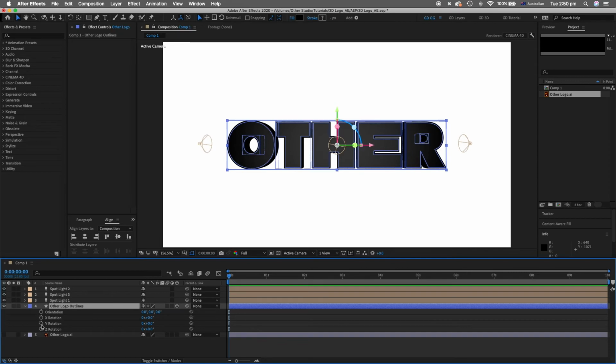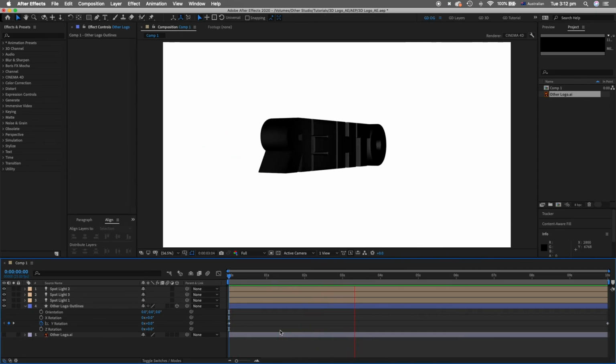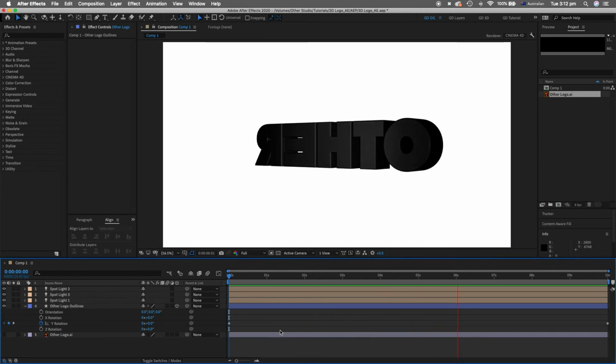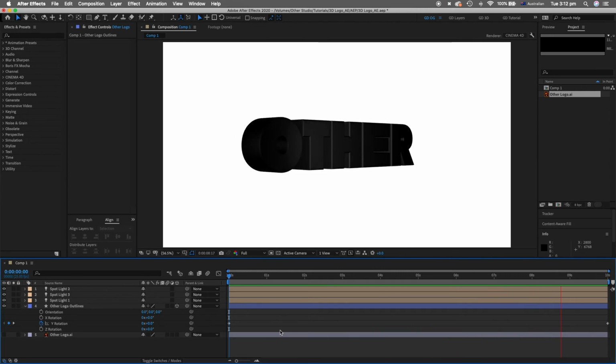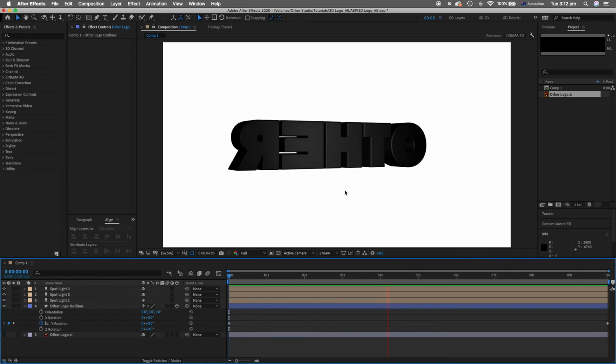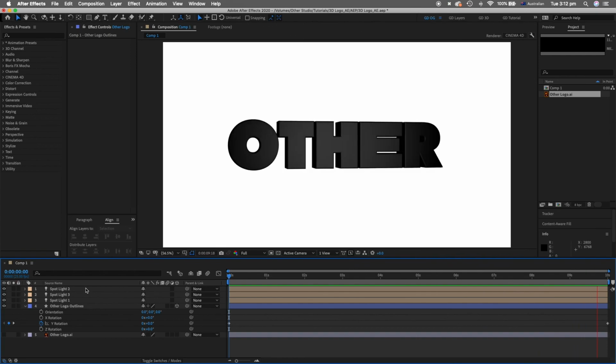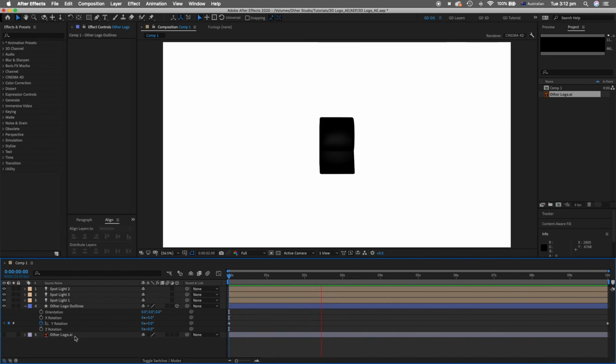Okay, so let's set a Y rotation keyframe here, and let's come all the way to the end of our timeline. And what we're going to do is just go with one full rotation. So let's hit 1 there, and let's see how that looks. And that's looking really cool. You can see that as the logo faces the front where all the lights are, it's getting pretty lit up. The material's a little bit lighter, and then as it faces this 90-degree angle, it gets a lot darker, which I like. You can play around with your lighting position, intensity, color, play around with the materials as well, and